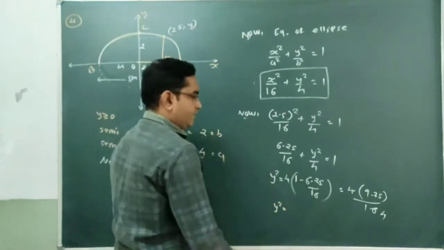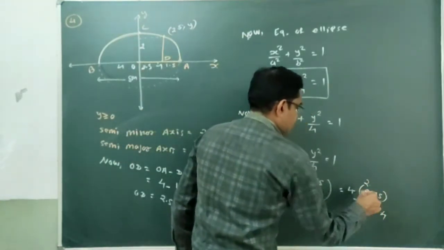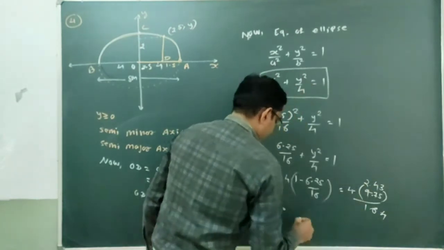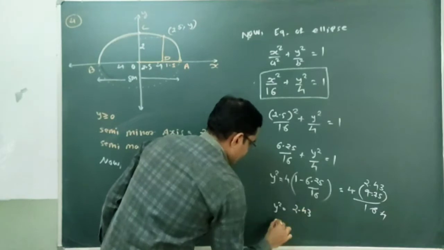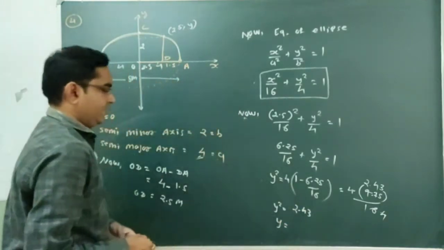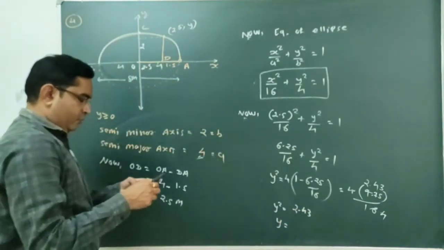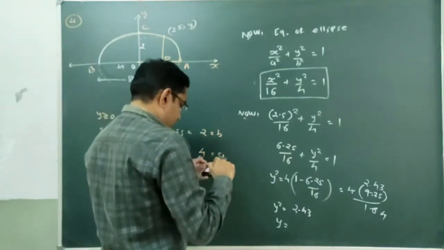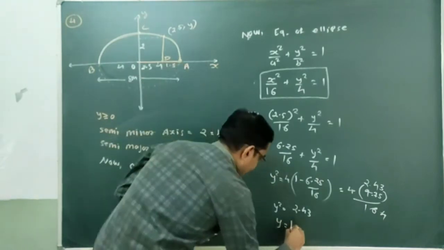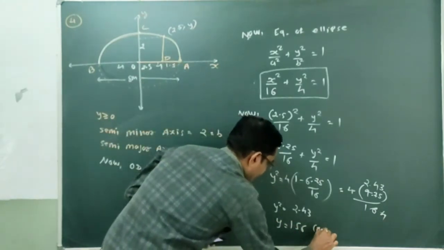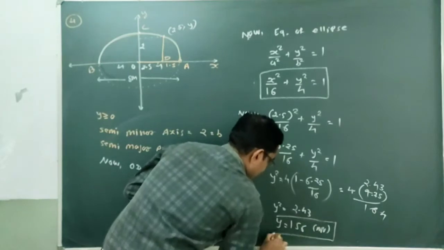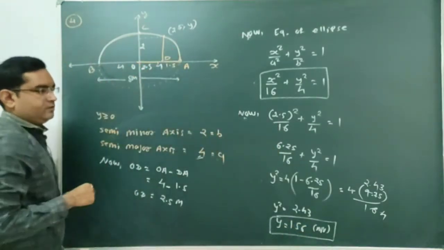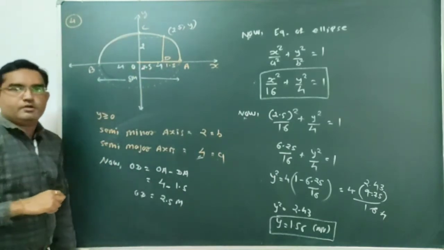y square equal to, what will be the cutting, 4 2s are 8, 4 4s are 16, 4 3s are 12, and after this something will come, 2.43. So square root of 2.43 that will be the height. You have to find that using a calculator. Here I am writing the direct answer. So that answer will be 1.56 approximately. This is the height of the arc at the distance of 1.5 meter from the end. Clear, students? So this is your question number 4.